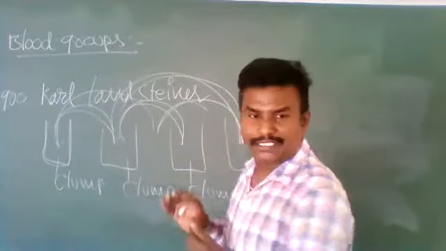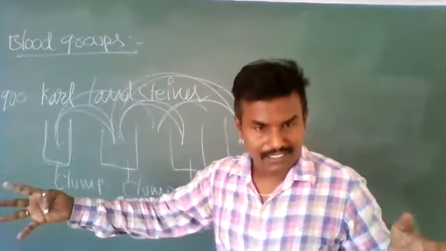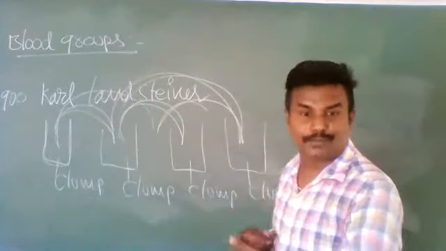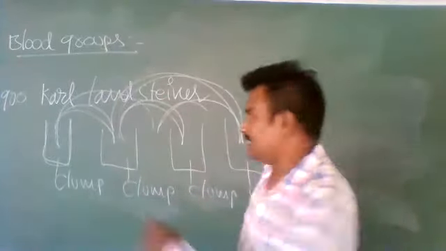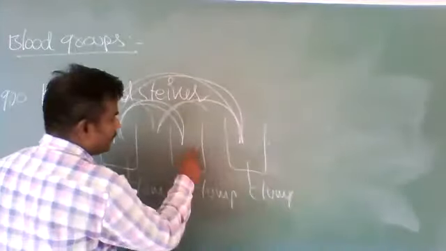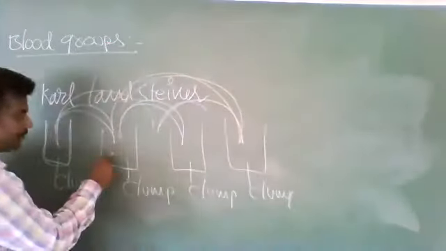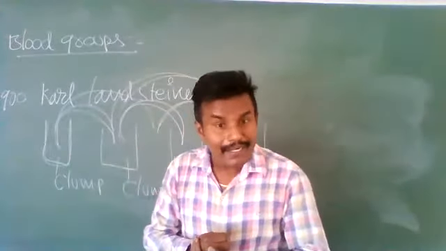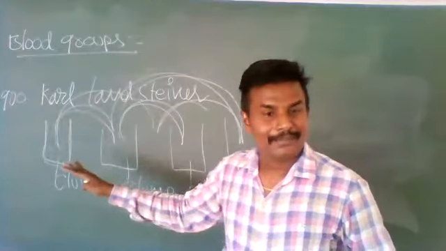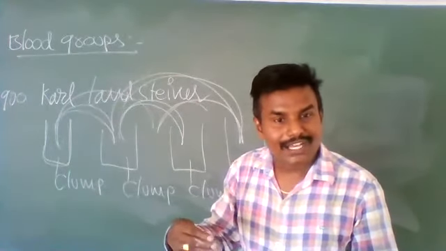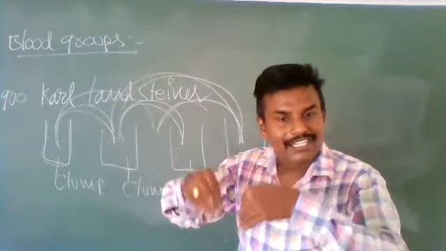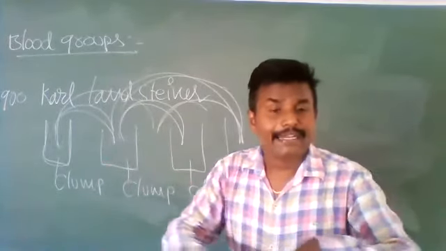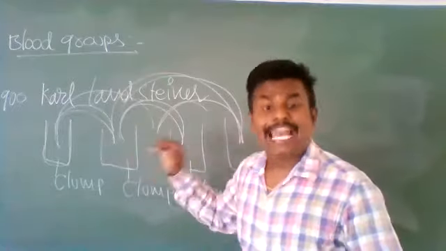So the blood samples were collected from different members, from 4 different members, and mixed with each other in the test tube. In all the members, the blood interacted with each other, and the blood clumped. In the test tube, it happened so nothing dangerous. If it is happened in